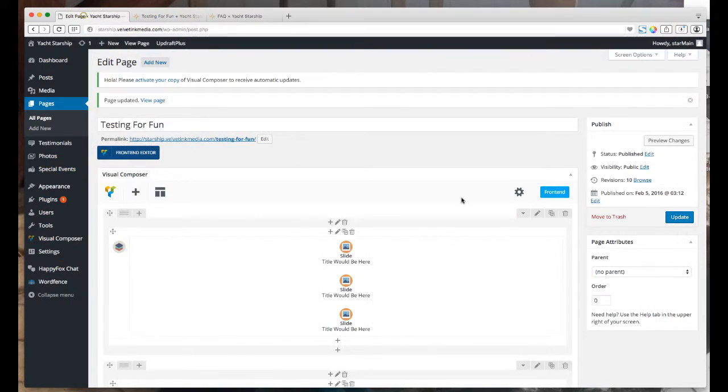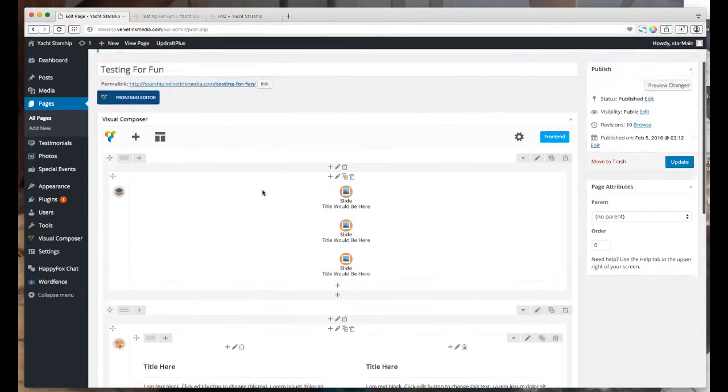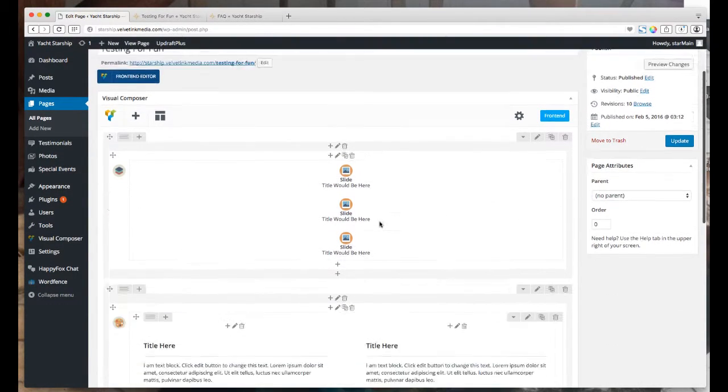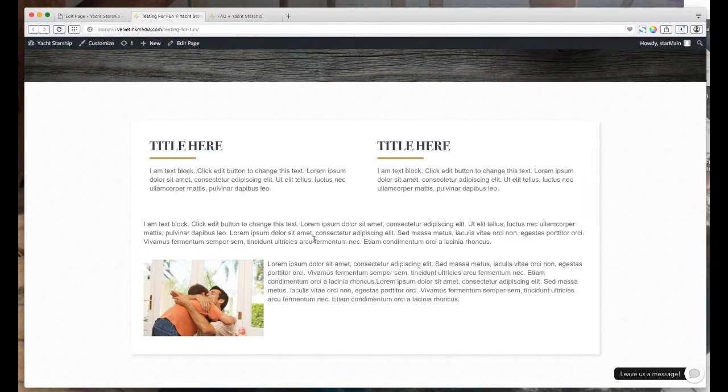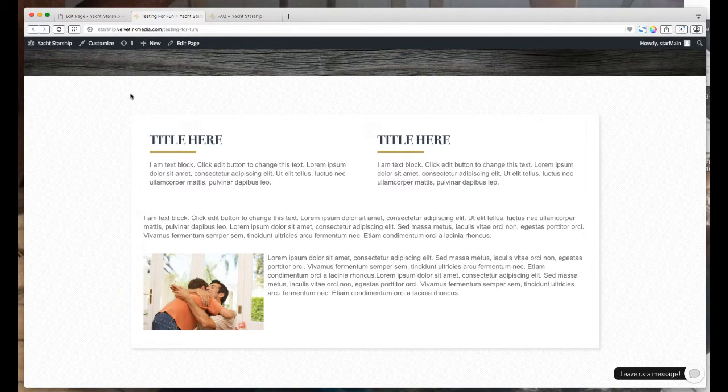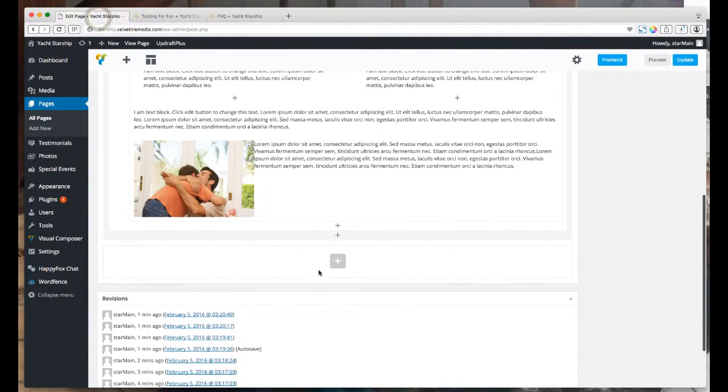All right, let's go back to the page. We've so far set up a rotating banner. We've set up our content block with a couple of columns in there. We've also set up some standard text that's full width in that column, as well as an image floated left. Let's add a new